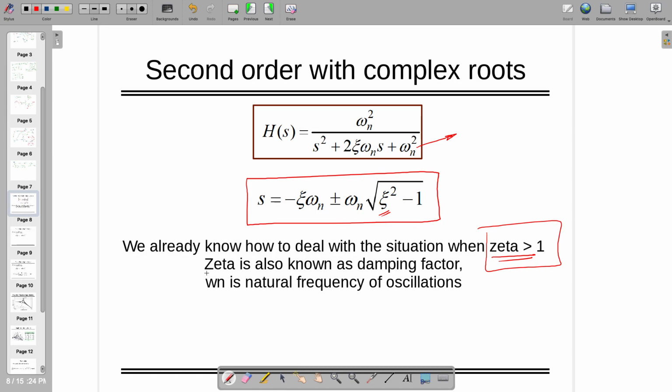Now, one more time, zeta is the one which we are going to call the damping factor. We are calling it damping factor because of one reason. When zeta is less than 1, you are going to see